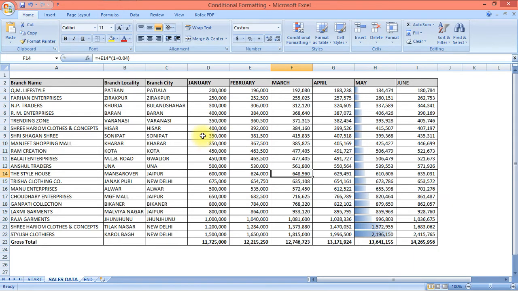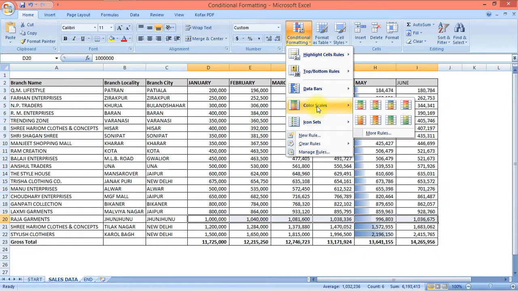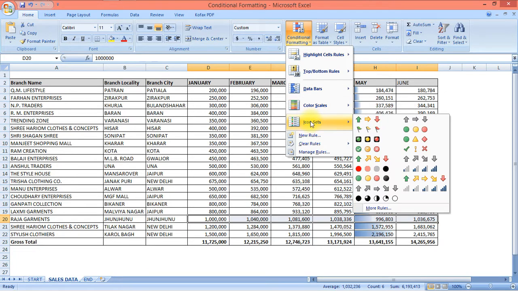Also for a particular store, I want to check in which months the sales are good and in which months the sales are not good. So for this store, I select this area, conditional formatting. I can check with the color bars also like this, or I can use the icon sets.